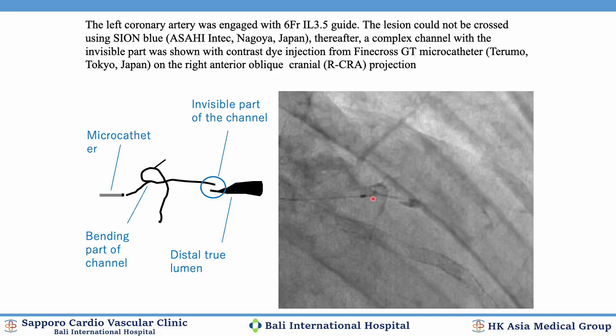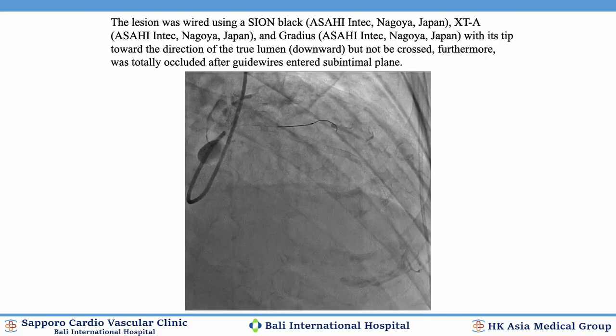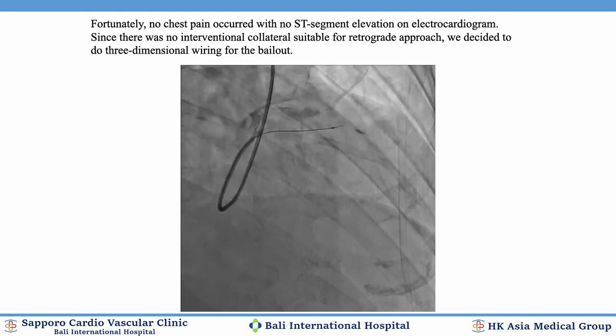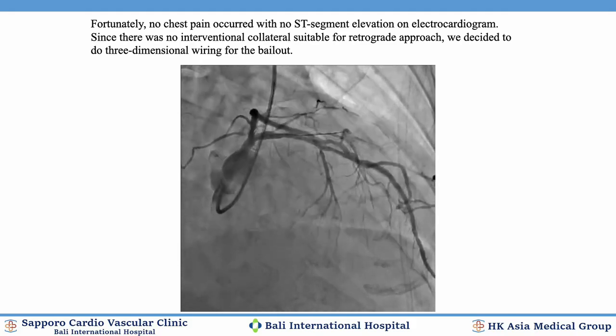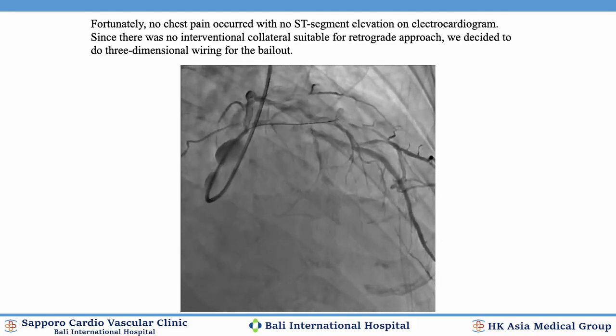Because there is some bend, it's difficult to negotiate the wire. So the Schönbrach and Gradius cannot cross. We change the 3D wiring using the Conquest Pro 12. Okay, you see